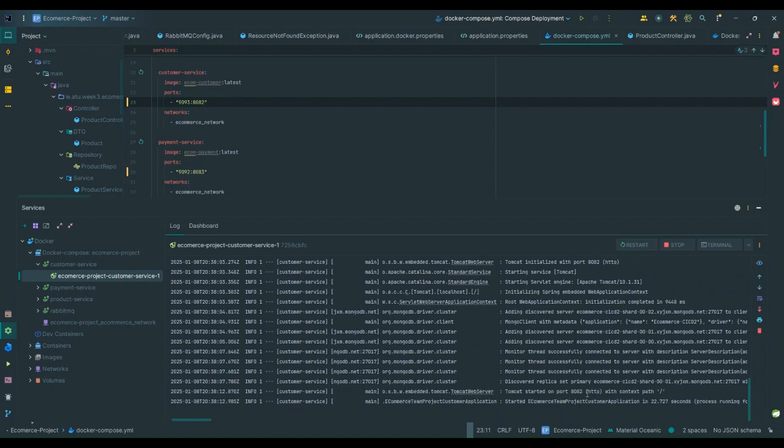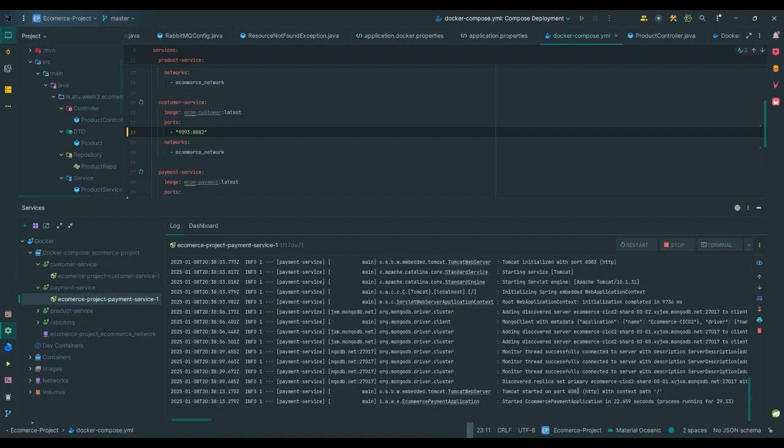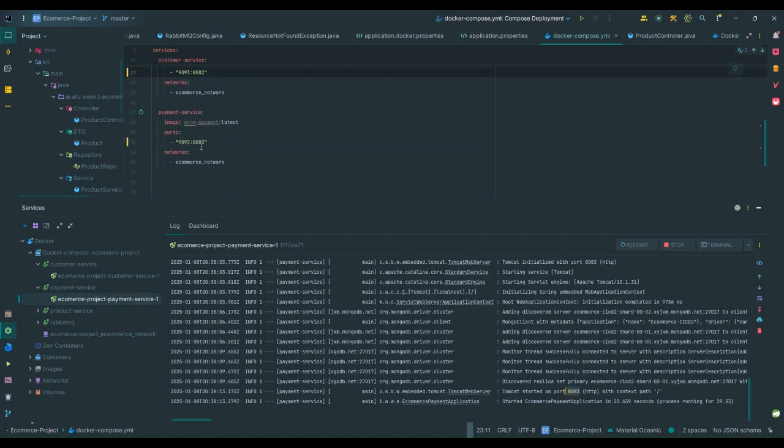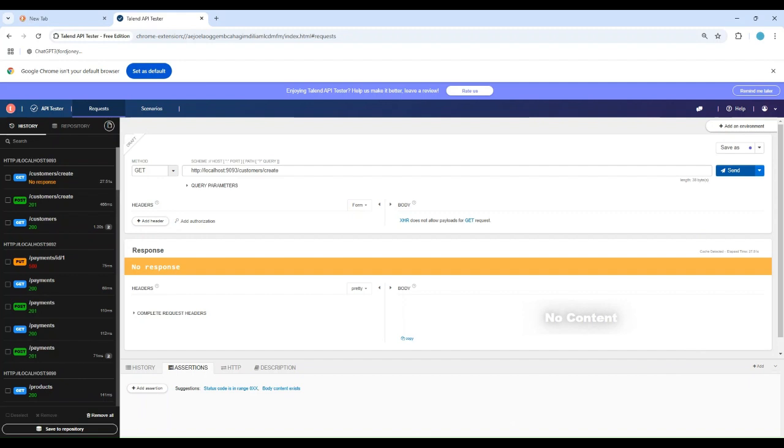So finally, my customer service is running on port 8082 and exposing to port 1993, and my payment service is running on port 8083 and exposing its port to 1992, and product service is running on 1991 and exposing to 1991. So if we want to check whether our CRUD operations are working perfectly or not, we can check by